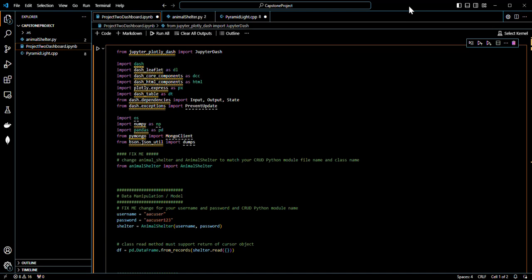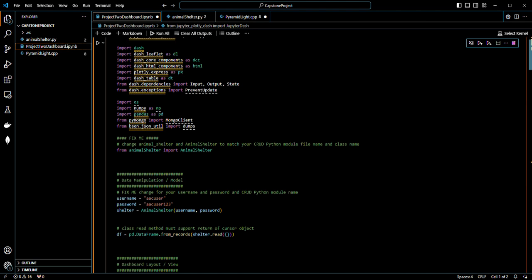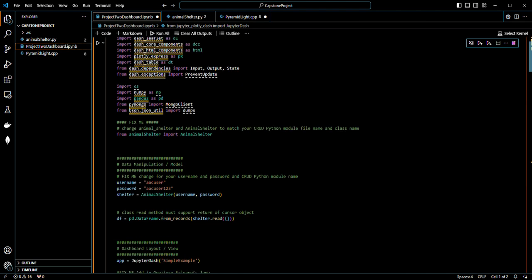This is my code review for CS 499, for my software design and development project. I will be using a project from one of my previous classes where we were using Jupyter Dash to create a GUI interface to provide the customer with